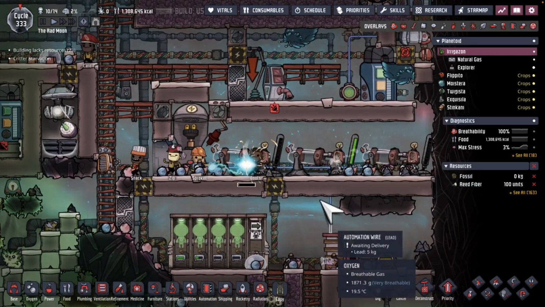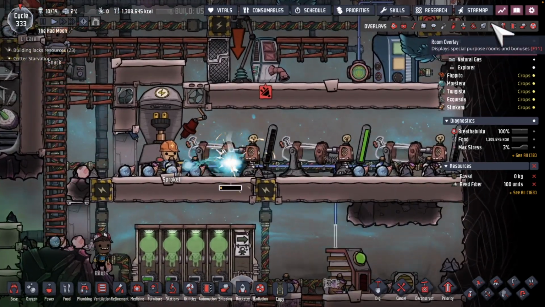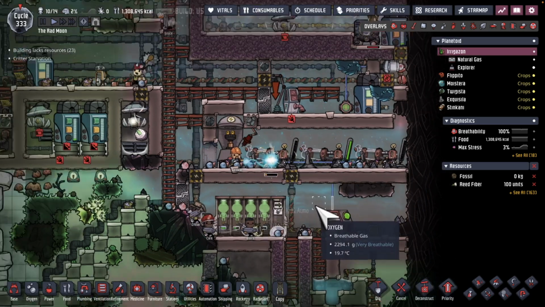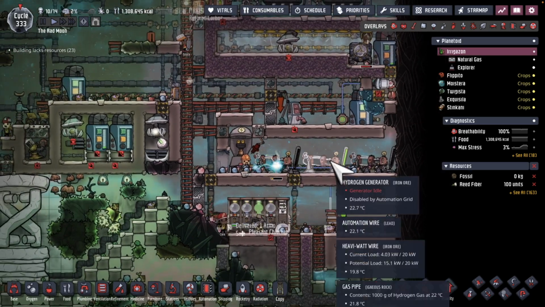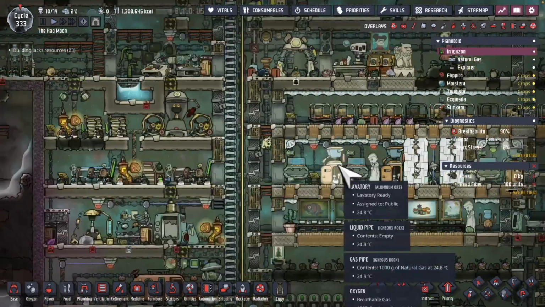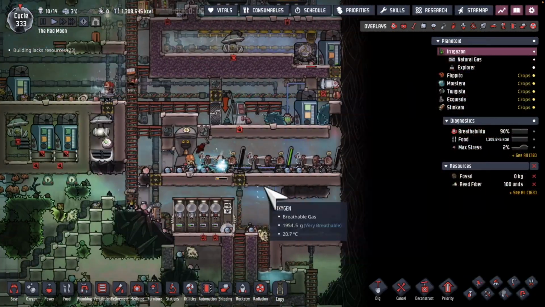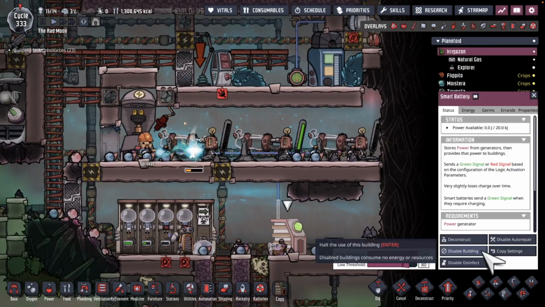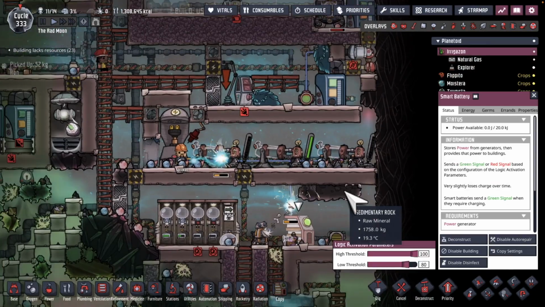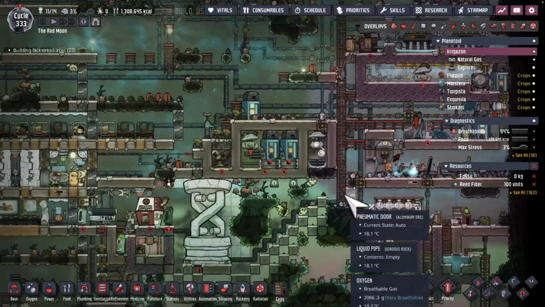So here's the first change we have. We've got a new power plant over here. This is just hydrogen based. It's got a power control station, of course. Similar to the setup over here, except we've got 3 hydrogen generators instead of 1. And the smart battery is going to indicate start generating power only when it gets down to 80%, unlike 99